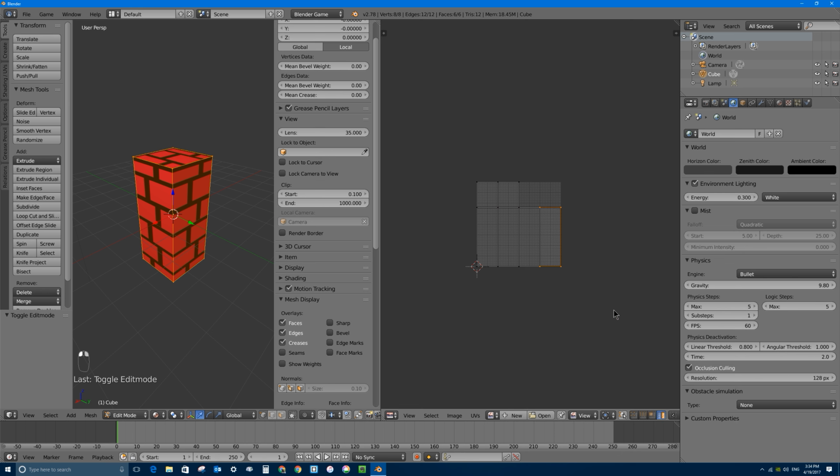If you had groups with your own seams, that's the islands option there. If I want to move the bricks on a specific face, what I can do is right click to select a face. I'm not really sure what face that is, but if I press G with that face selected,